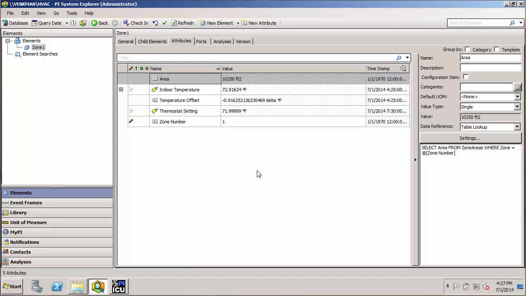Now with the string builder data reference, we can parse strings, which is pull out only a portion of the string that we want to use for our attribute and get rid of the rest. Or we can concatenate, where we take multiple strings and put them together to form one longer string. And you might be wondering why this would be useful, or why we added this as a feature to AF recently. On its face, it's not quite that obvious, but let's look at a case here with our zone